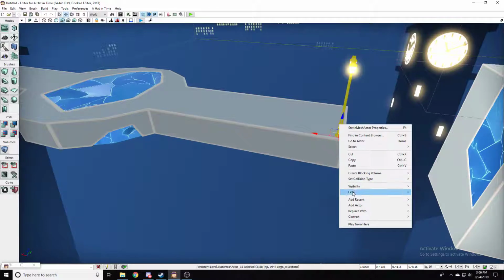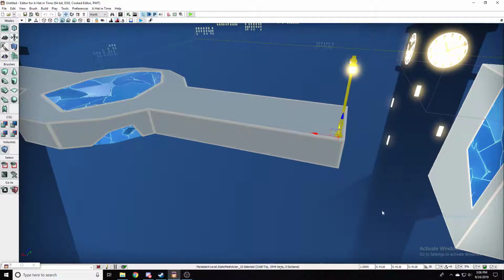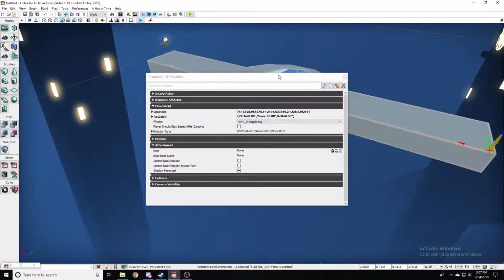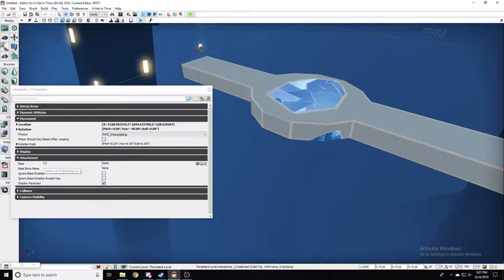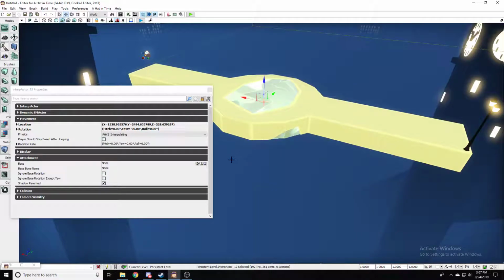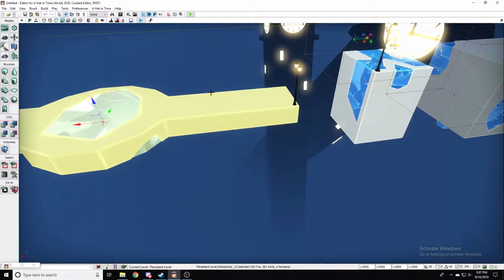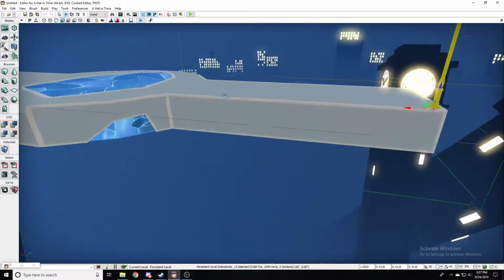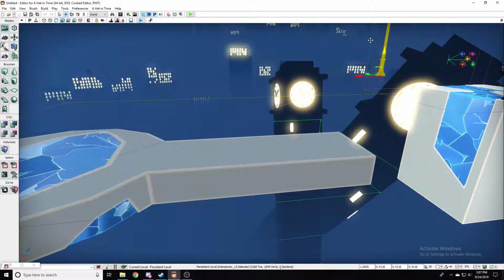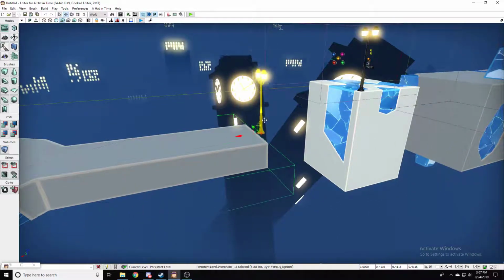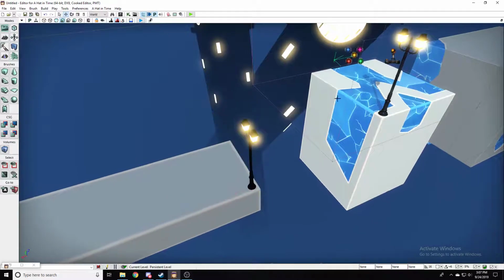So if I convert this into a mover, what you can actually do is open its properties windows now, and it has this nice attachment tab. So if you lock the window, then you can select the other object you want it to attach to, and then you can hit this little green arrow across from base. Now, what you'll see is that this thing has this green arrow. The fog's kind of blocking it. But it has this green arrow pointing towards the other object here and the little box around what it's attached to. So now, if I go ahead and play the level again,